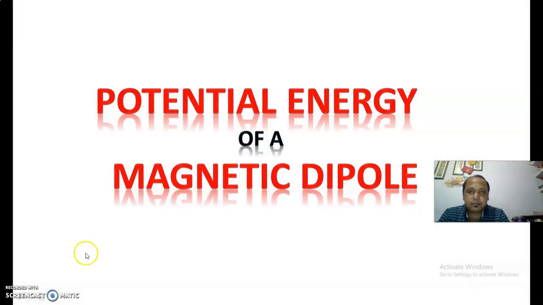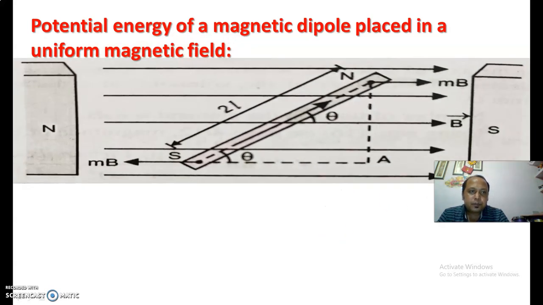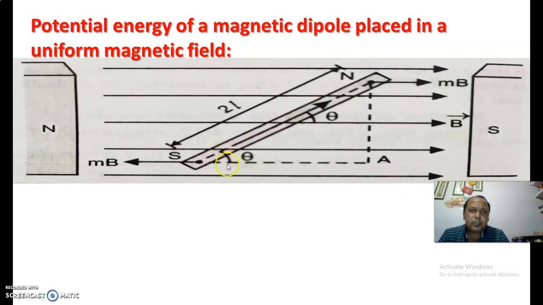Okay, so let us see how it is done. Potential energy of a magnetic dipole when the magnetic dipole is placed in a uniform magnetic field. So let us first consider the diagram here. You can see two poles are there. One is the north pole and another is the south pole. We can consider it to be the poles of a horseshoe magnet, and in between we have magnetic lines which are given by the long horizontal lines which are parallel to each other, showing that the magnetic field is uniform